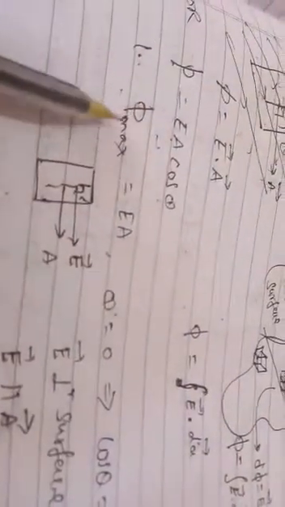So instead of going like this, now it is going in the direction of the area vector. So what will happen? The angle is between E and A. When these are parallel, the angle will be 0, then cos theta will become 1. So the formula EA cos theta is reduced to a simple formula, E times A, the magnitude of the electric field and the magnitude of the area of the given surface. If you multiply these two magnitudes, which are scalars, the flux will be maximum.